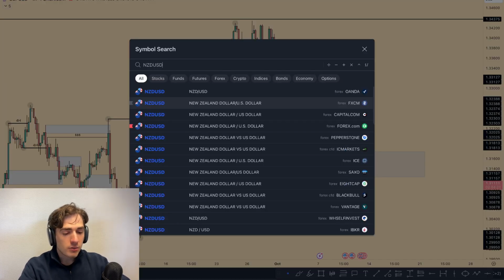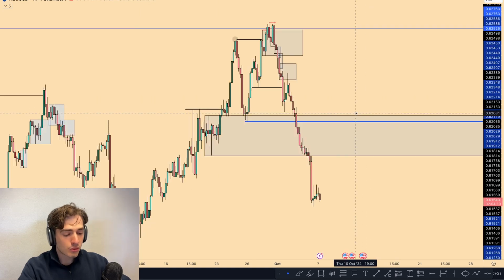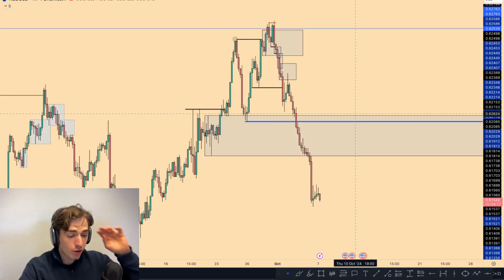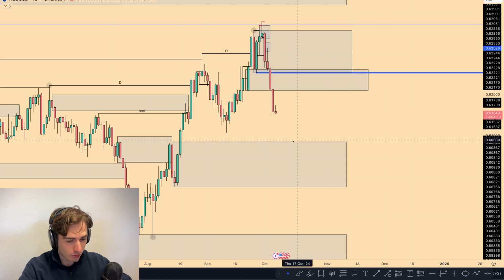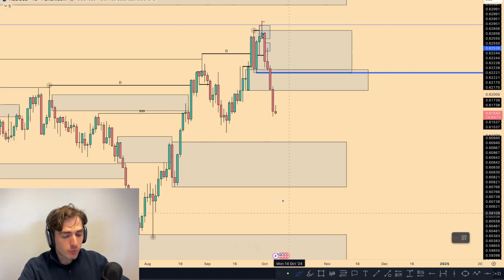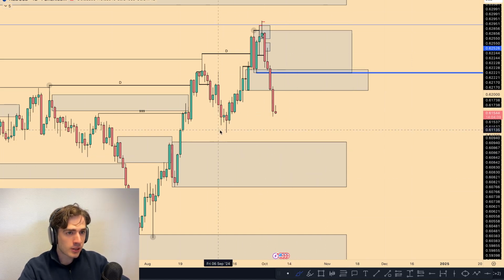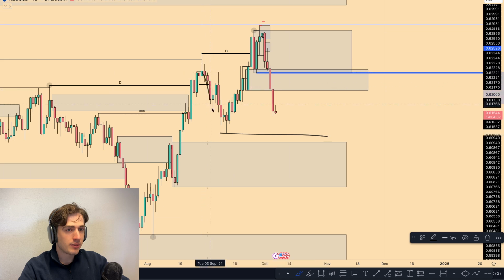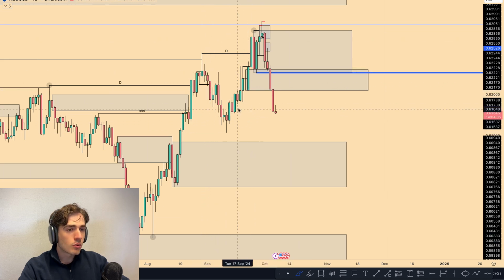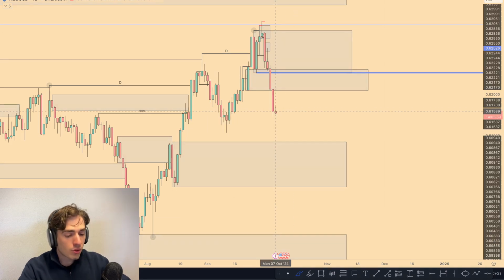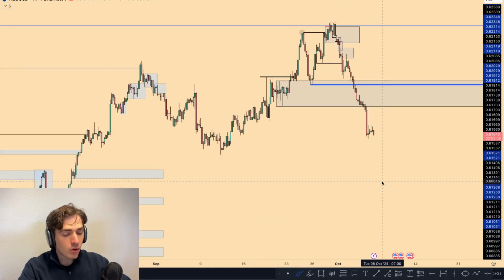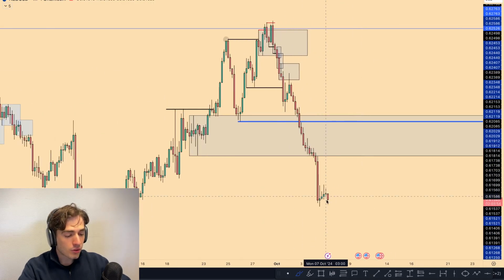Going into Kiwi Dollar next, and then of course gold. So Kiwi Dollar, a lot of bearish momentum, actually the most momentum of pretty much all of these pairs. I would not be surprised if we start pushing in towards this demand zone. We still have a lot of liquidity resting underneath this V-shaped reversal low, so no fresh demand zones over here, so expecting this low to get run. So yeah, looking for those shorts to kick in on NZDUSD, but then for those shorts, what do we need?